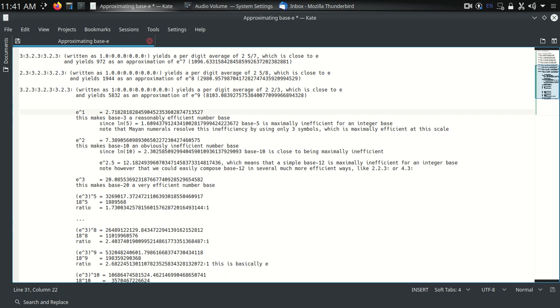So they're using the maximally efficient number of symbols with the maximally inefficient integer base. So it's not maximally inefficient. What they did is, by using an approach like what I'm doing here, by blending systems, they increased its efficiency,